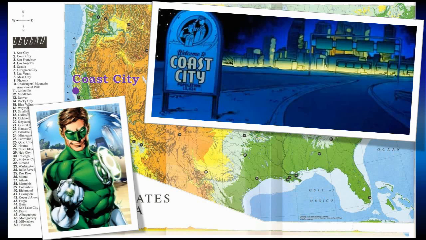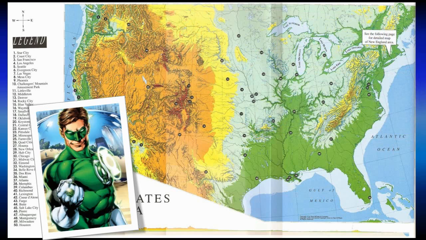Though it was destroyed during the Reign of Superman storyline, giving way to the Zero Hour Crisis saga, it was later restored by the heroes Spectre and Hal Jordan himself. But if we move north up the coast and inland, we will find a second haven for the Green Lantern,